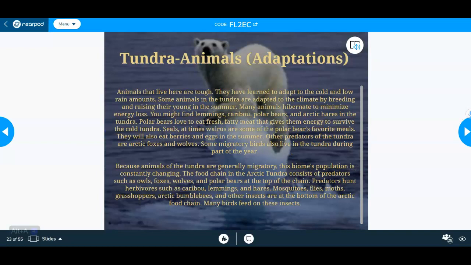So again, I probably will put something similar to this on the anchor chart. Plants and animals here are tough. They do have to adapt to the cold and low rain amounts. So we need to think about some of the animals in here, and I know my video is about to stop,